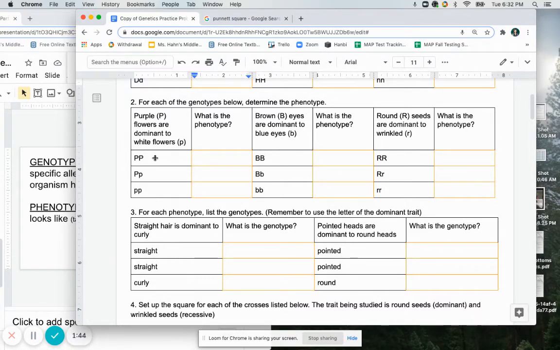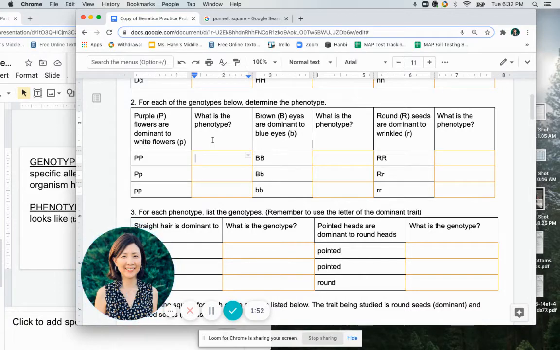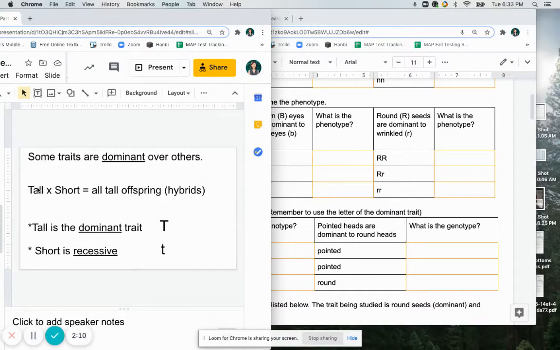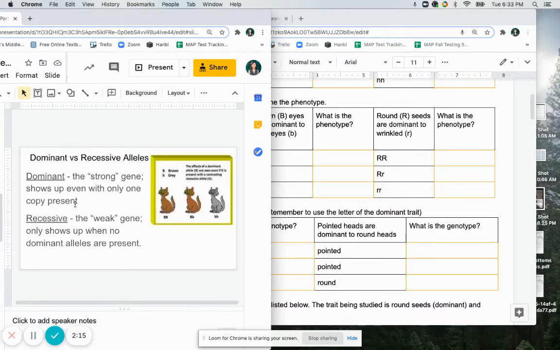So if your alleles are big P, then what's your phenotype? What will that flower look like? Well, I think you can guess it's going to be purple. If you have one purple allele and one white allele, you would still be purple because purple is dominant. So if you remember, dominant traits will show up even when you just have one copy,